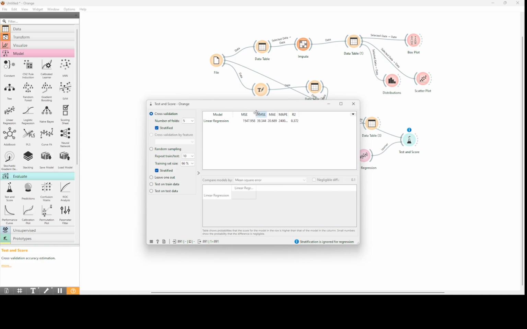For the evaluation of a model, there are multiple evaluation techniques, or you can say parameters. For example, here we can see MSE, that is mean square error, then root mean square error, then mean absolute error, then mean absolute percentage error, and then coefficient of determination.